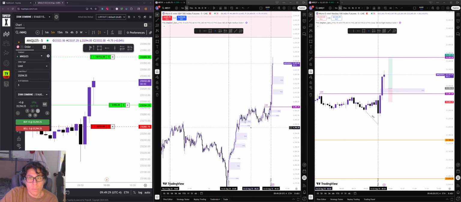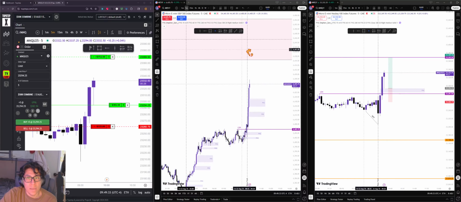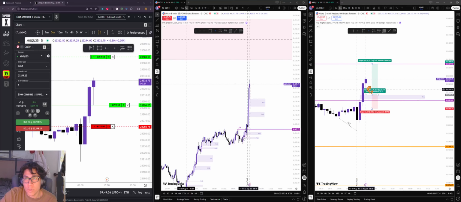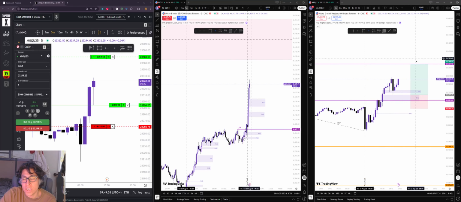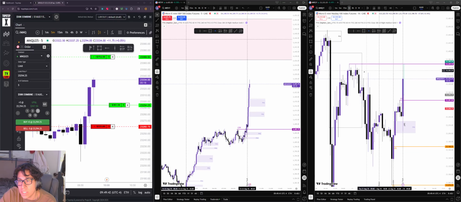The likelihood, I think what we'll be looking at, is this one tapping into this previous FEG that I respected earlier on, and then over here we want to push to this high. Once again, we might see some challenges here, but I think we want to aim for this liquidity single at this level right here.